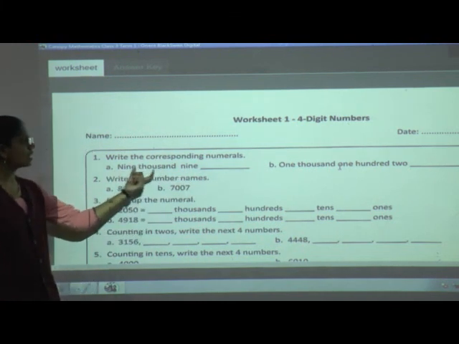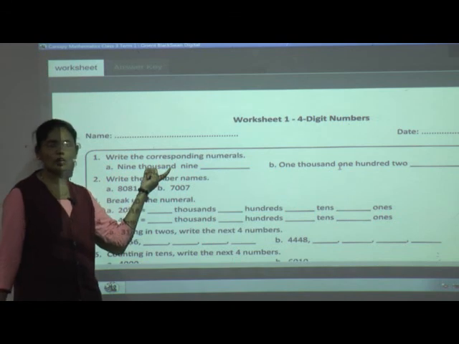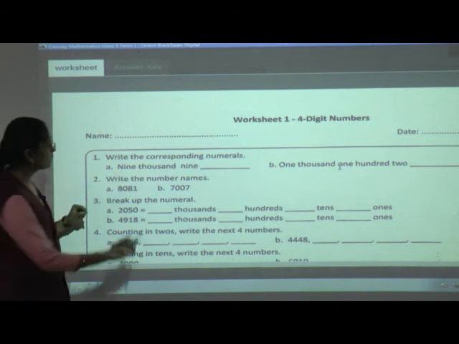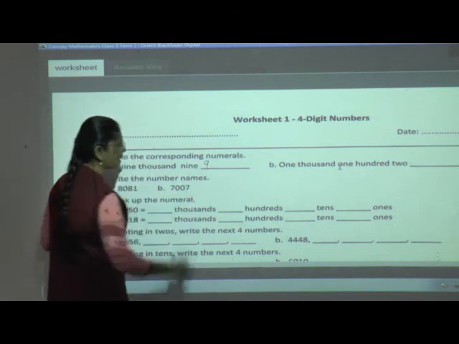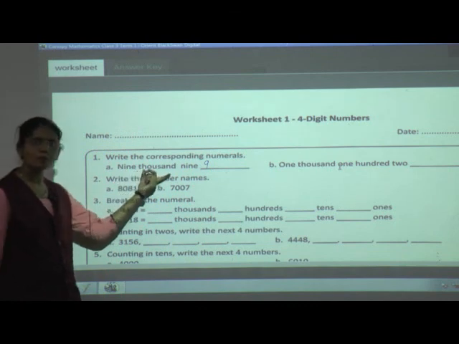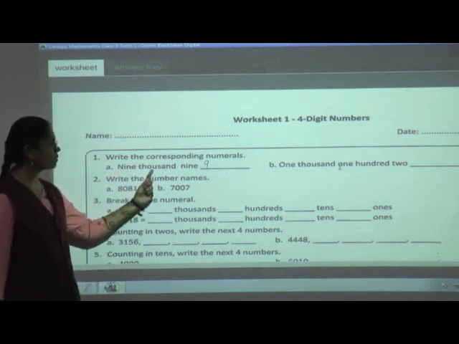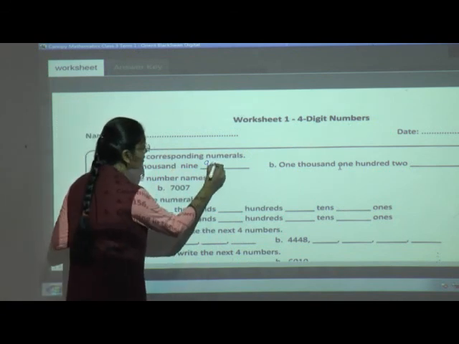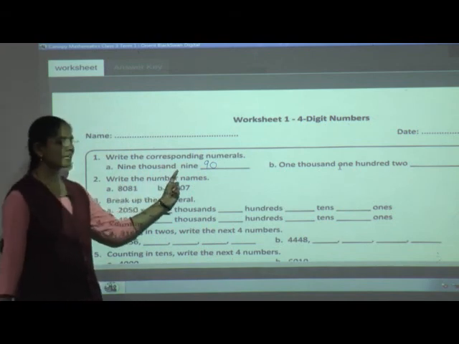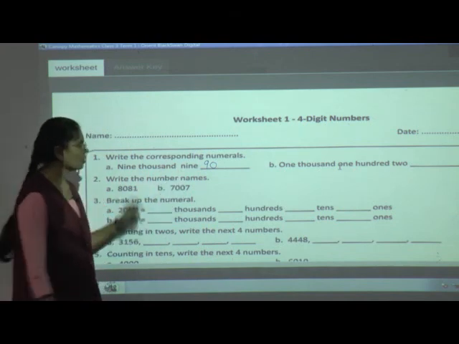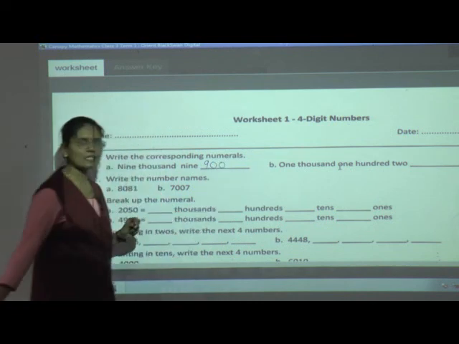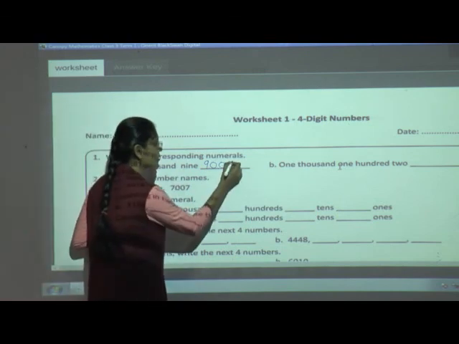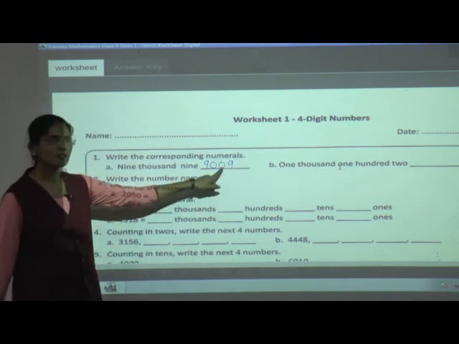Read out the number name: nine thousand nine. See here, thousands place is there, but they have not given the hundreds place and tens place. So let it be. We will write the number 9000. Yes, 9000. It is a 4-digit number. Why? Because at thousands place they have given 9000. How many hundreds are there? They have not given hundreds, so we will put 0 at hundreds place. Now see at tens place which number is there? Can you see here? No. Also we will put 0 at tens place. Why? Because they have not given the hundreds and tens. Then 9009. So this is the answer, 9009.